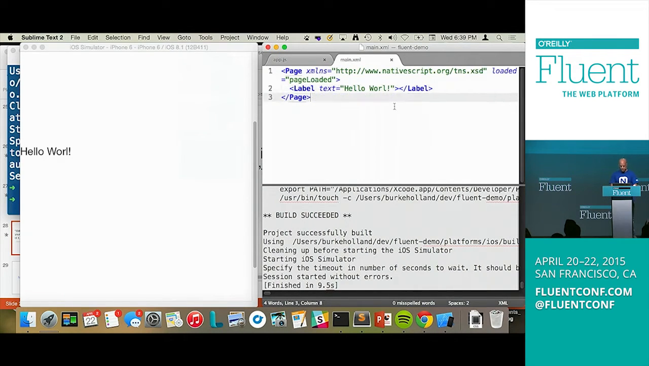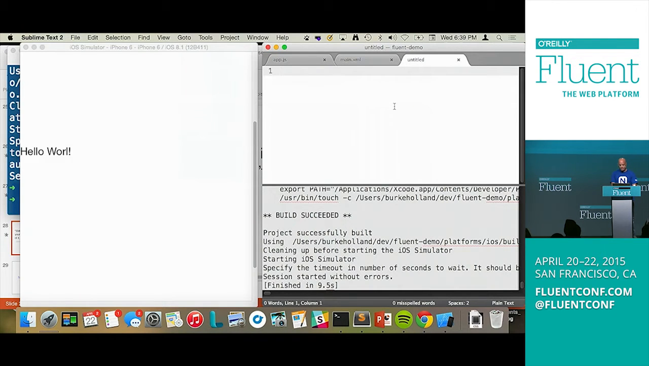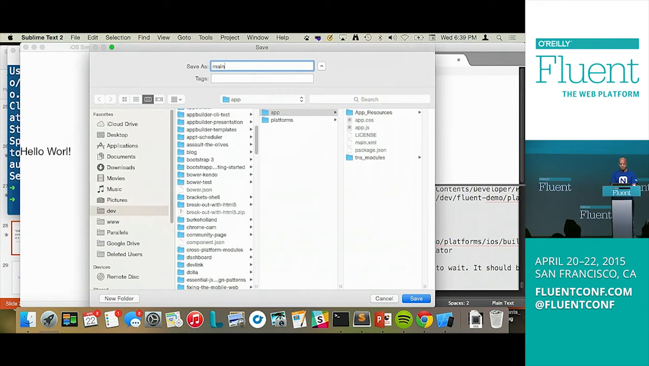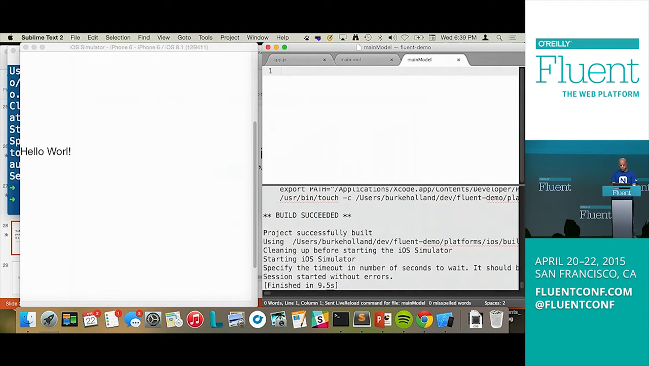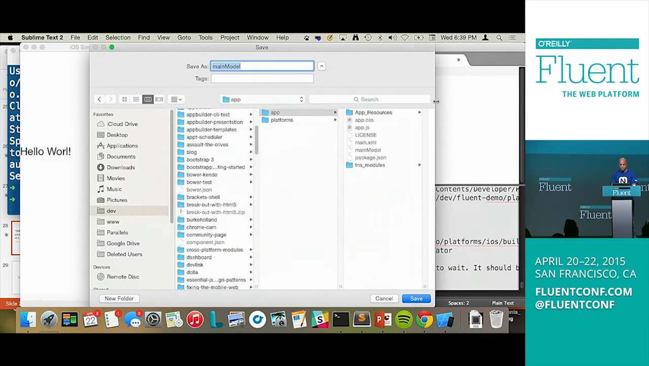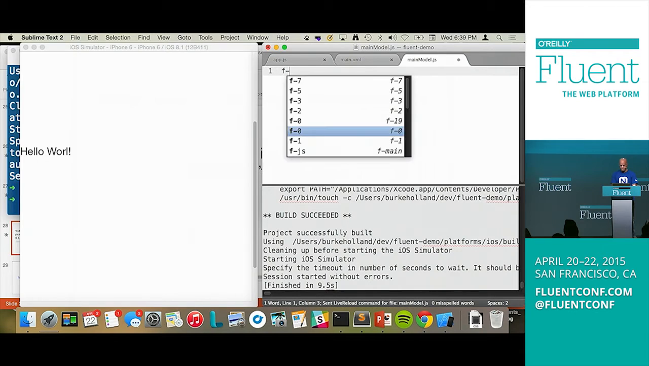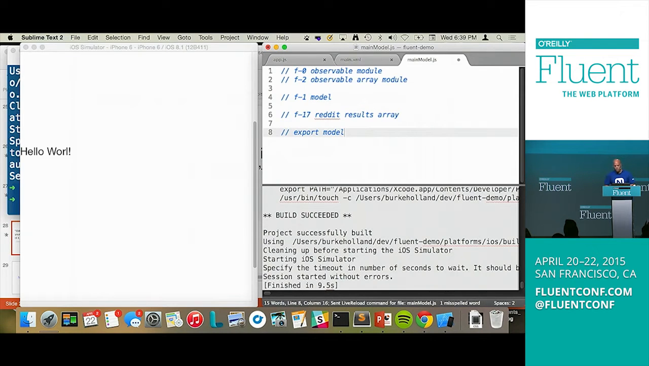So I'm going to create a new file. And I'm going to save this. And I'm just going to call it main model. And then let's save it again and call it mainModel.js. Better. And then here we go. Now,